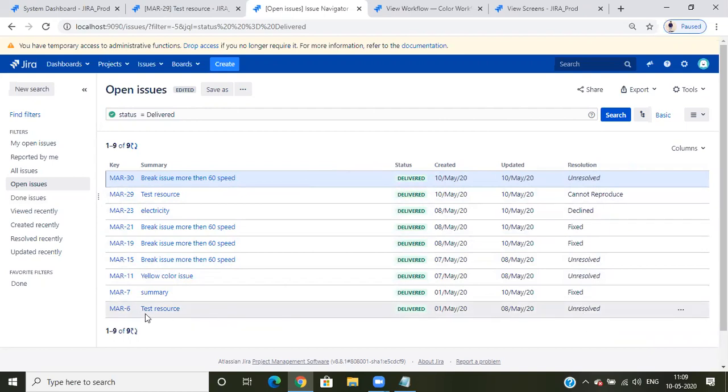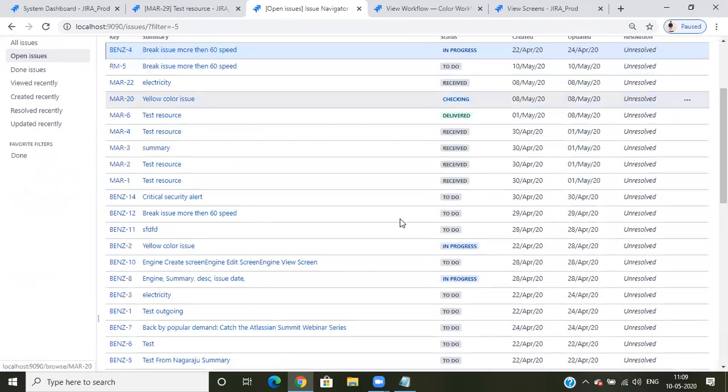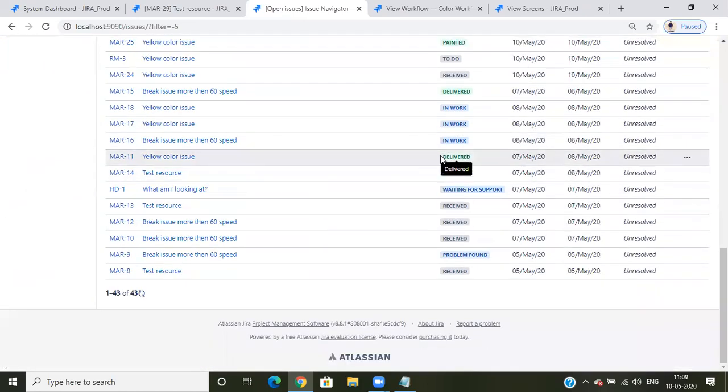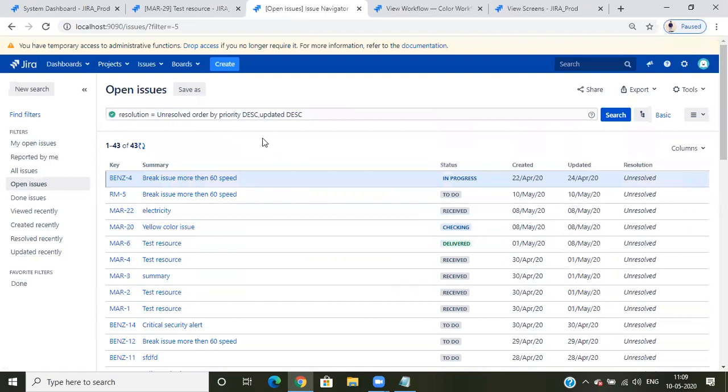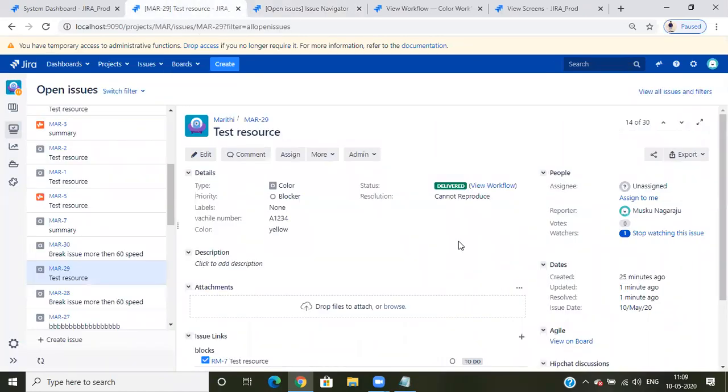Unresolved means Jira will still calculate it as an open ticket only. If I click on open tickets by default, this delivery is coming, this delivery is coming, this delivery is coming. This is an open ticket. At the organization level, they will use two types of resolution. Suppose they can fix something, and they can have an option to select it themselves. Suppose I have a cancelled status. When I go with cancelled status, there is no reason, so I just cancelled it. They'll select the resolution equal to cancelled only.